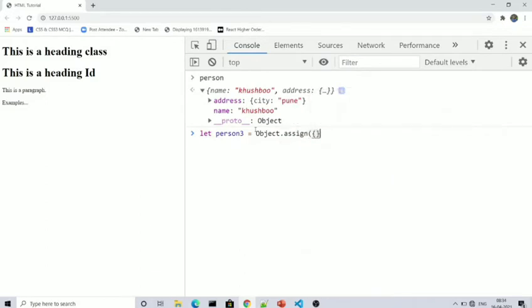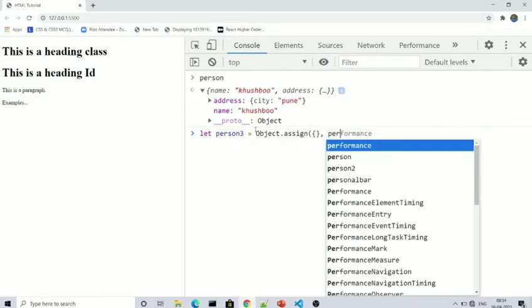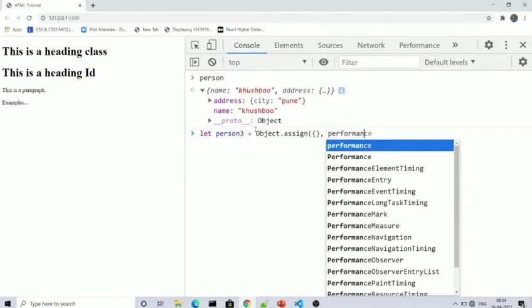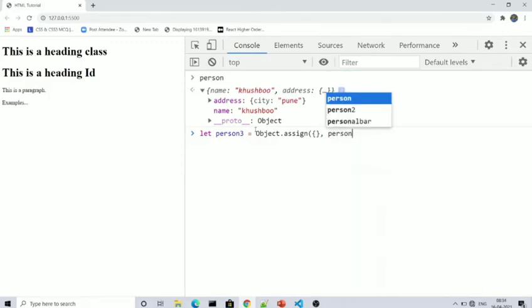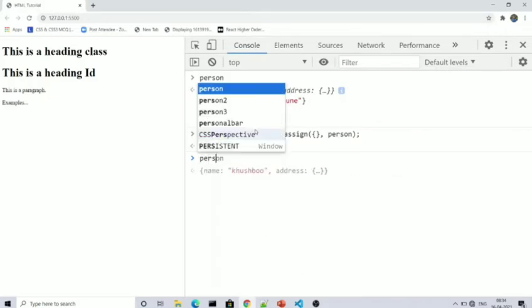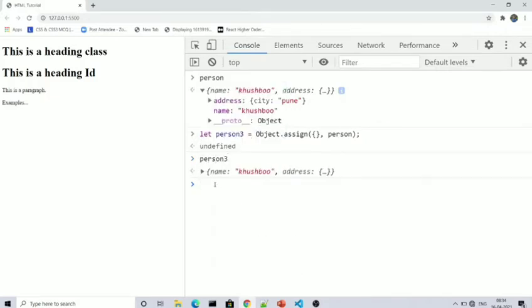I will pass an empty object, comma, and then person. Now I will see what person3 looks like first of all. It is coming as name Khushbu, city Pune. That's perfectly alright.